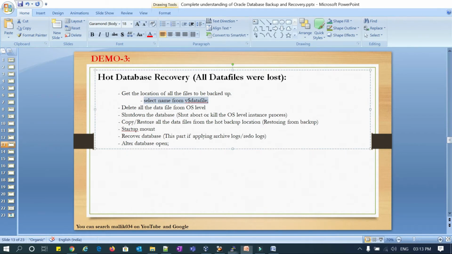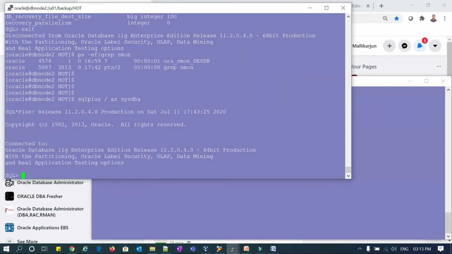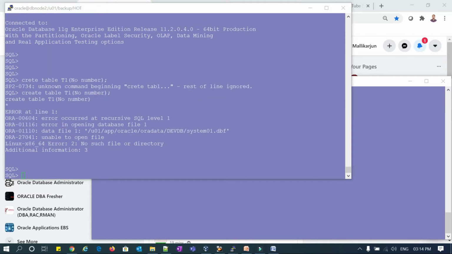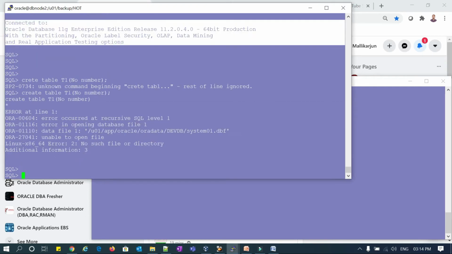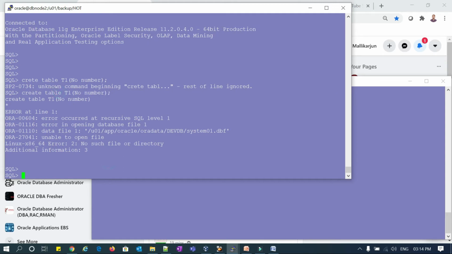Now the database is still up and running, but it will not be accessible. If I try to connect, even though I connected to this database instance, I'm not able to do anything. Create database, create table: it will say it is not able to connect.